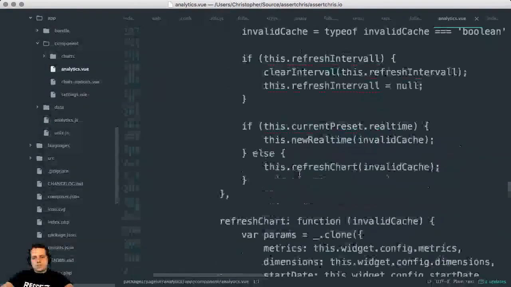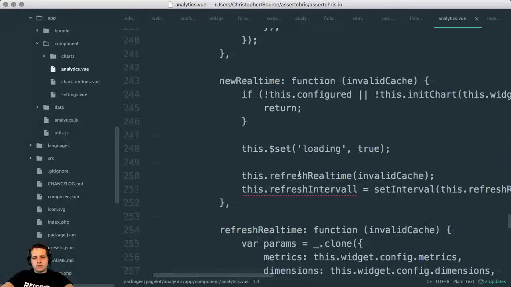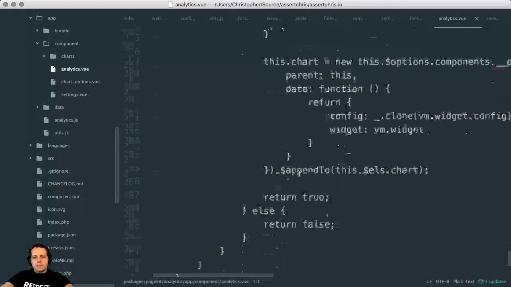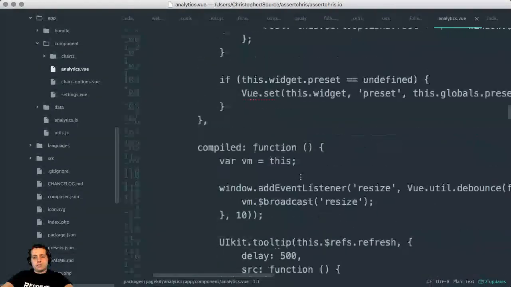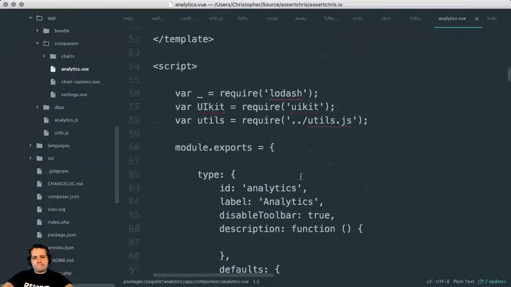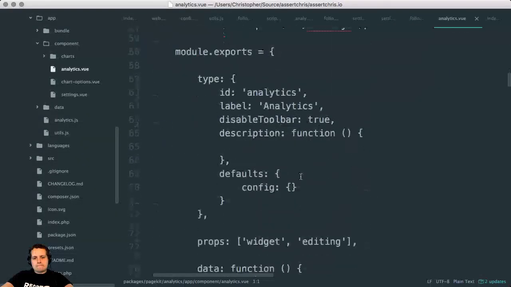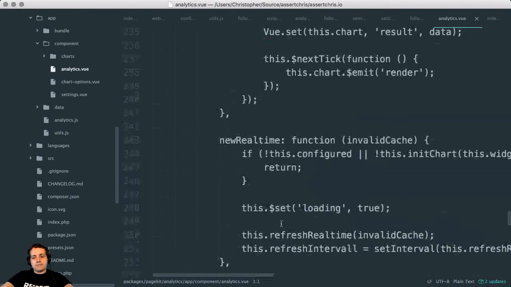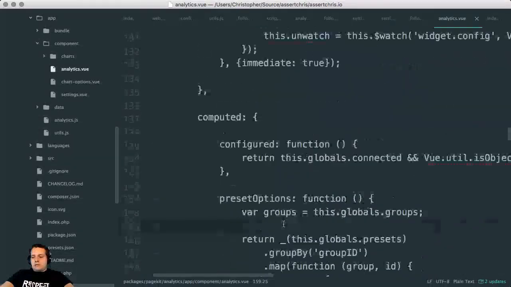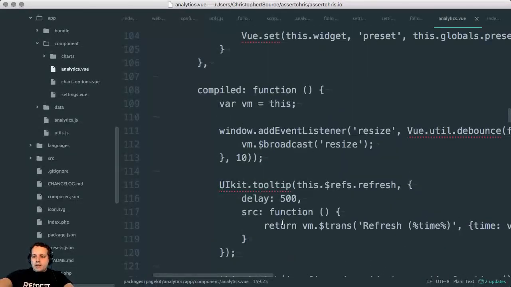But I actually just don't understand enough about Vue.js to make sense of what's going on here, and that bugs me. It bugs me that I have to know Vue.js to get this to work. That actually bugs me. I mean, this is not an insignificant amount of scripting and styling. It's actually quite significant, and I'll have to dig into this off screen. Okay, I'll tell you what though, I'm going to take another break, so I will see you in